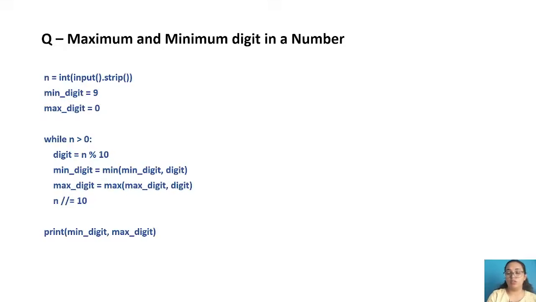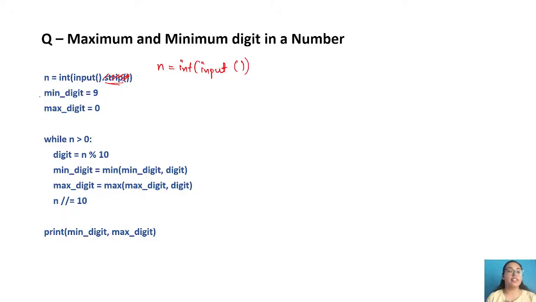Okay, so let's see what the code says, right? As per the code, first of all, we need to take the input. When we need to take the input of a number, we generally write n is equal to int(input()), right? So you can go with this. There is no problem in this particular statement. But if you see in my code, I have a strip function as well. That is generally for removing any trailing or starting spaces, but that is fine because this is a pure integer number, so this is optional. You can leave this part out and simply write n is equal to int(input()).